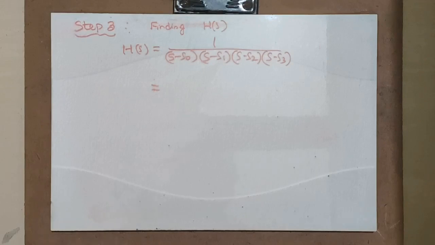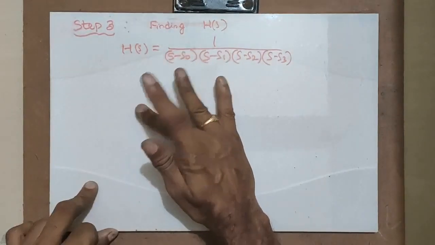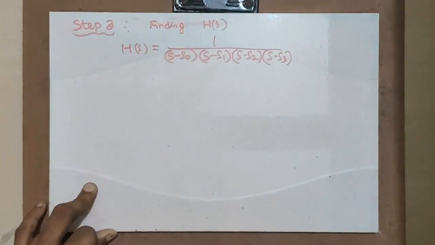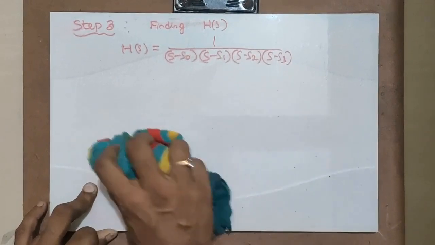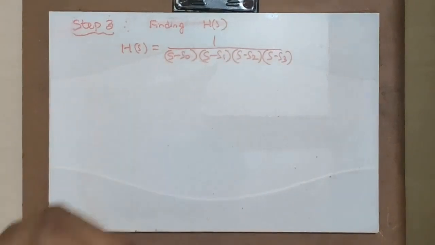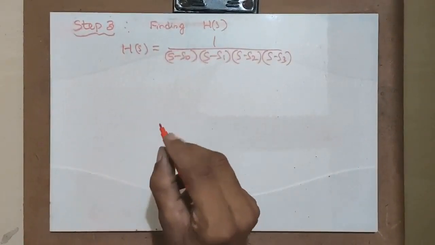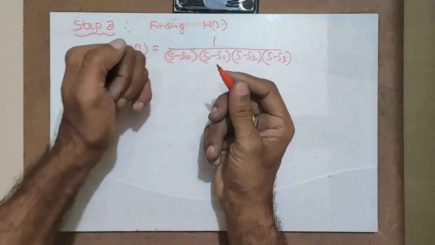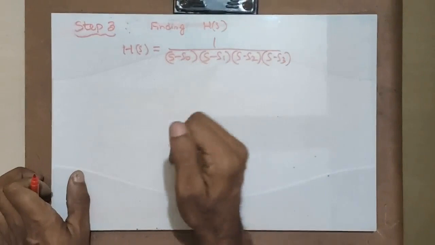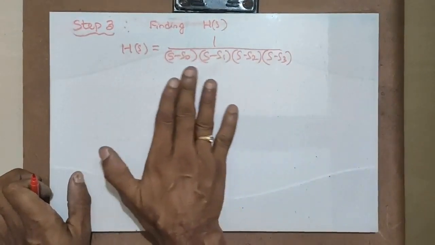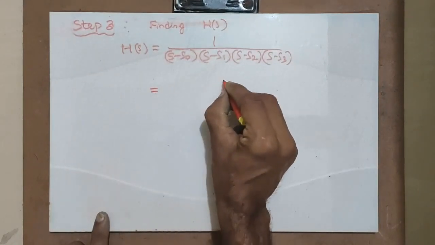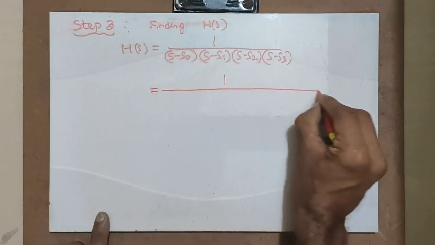I have already told you how to read out the filter tables. Once you have step 2 where pole positions are finalized, there will be some calculations here. But if you go wrong, then H of S goes wrong. That's why please refer to the filter table, although it is not allowed in examinations. Learn to refer to it. I will tell you what exactly you have to do later. But try to understand and get the answers quickly from filter tables. I just refer to the filter table,